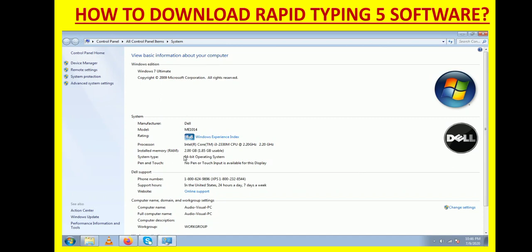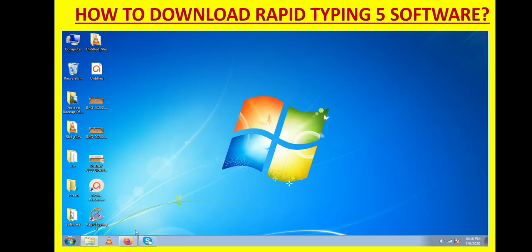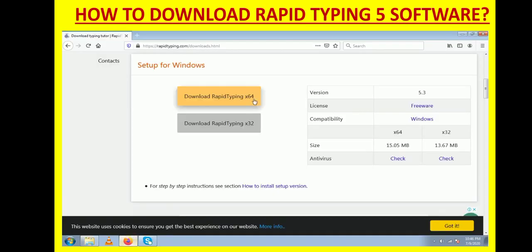In properties, you will come to know whether your operating system is 32-bit or 64-bit. So accordingly, you download any one of these software.